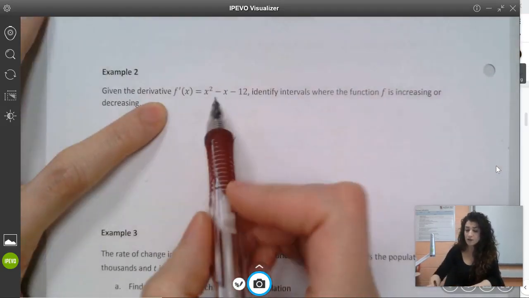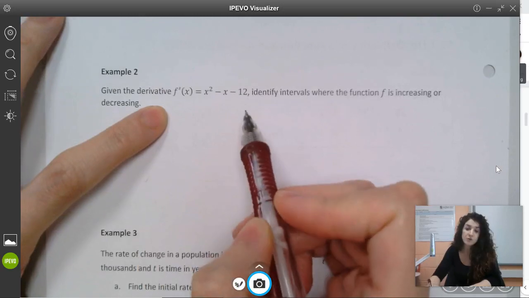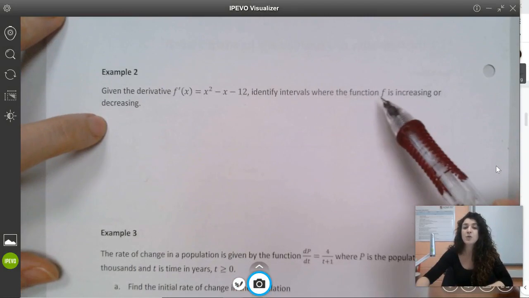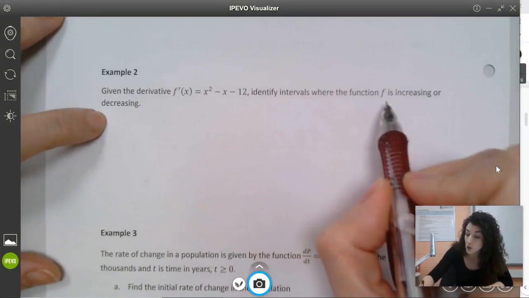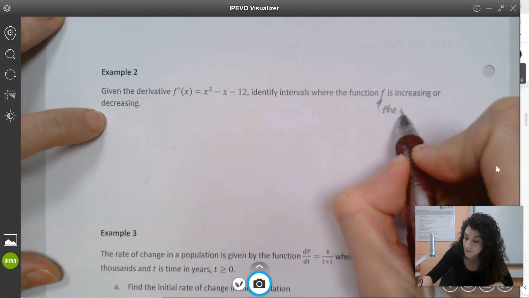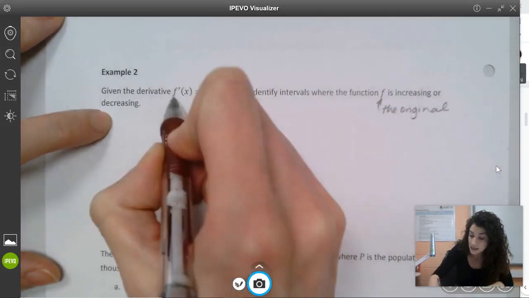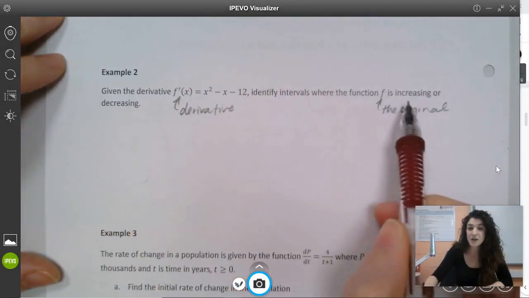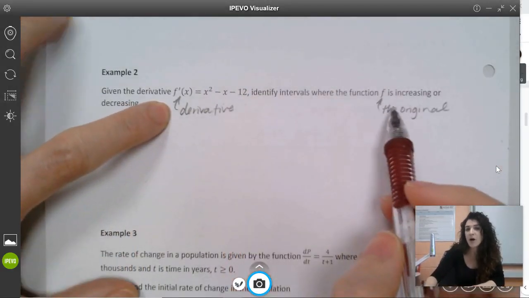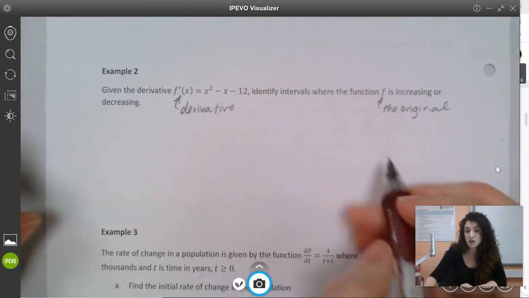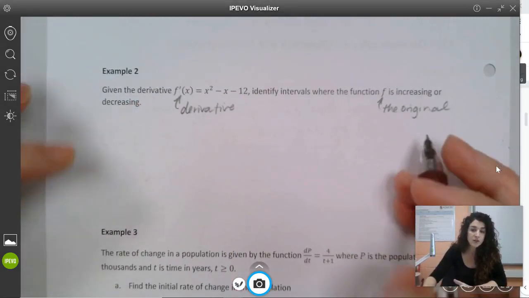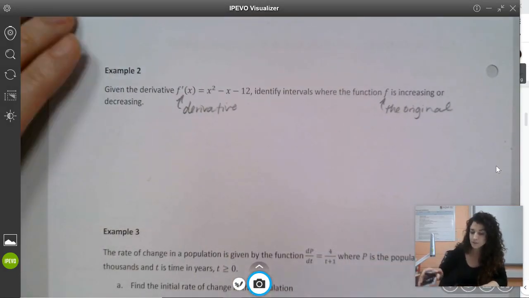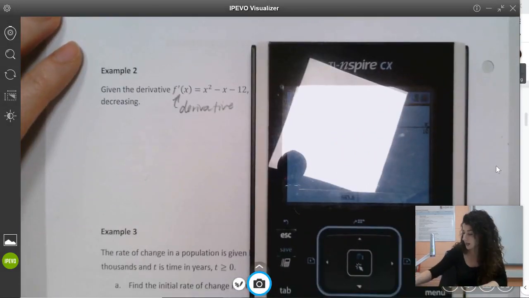Okay, so we have a derivative function. This is a function that tells us what the derivative is of some unknown function that we don't know. It says identify the intervals where the function f is increasing. So the original is f, and this is the derivative. They're saying we'll use this derivative to talk about what's going on with the original function, and where it is increasing or decreasing. So you don't have the original function, but you do have the derivative and you can use that to your advantage. If we graph the derivative